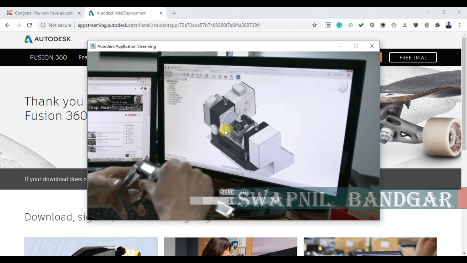So my dear friends, it's very important that whatever credentials you are entering while registering an Autodesk account, those credentials should exactly match the information on your college ID.